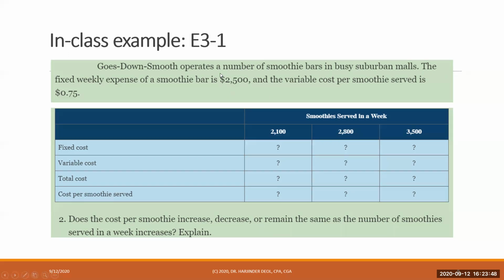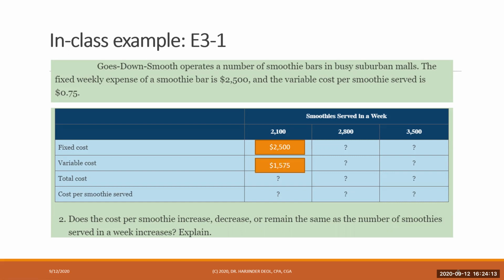It remains constant regardless of changes in activity level. So at 2,100 units, the fixed cost of running the smoothie bar should stay $2,500. However, the variable cost, 75 cents for one smoothie, for 2,100 smoothies, it'll be 2,100 multiplied by 75 cents,